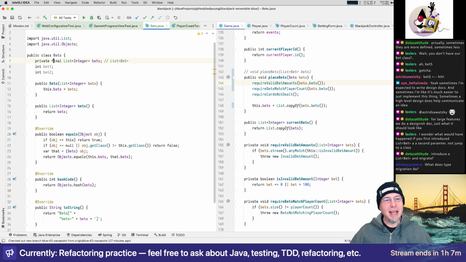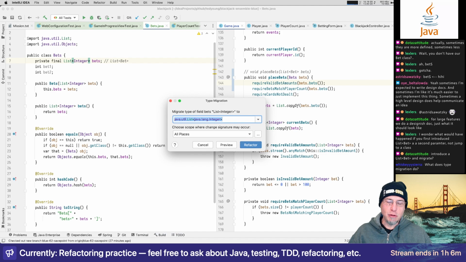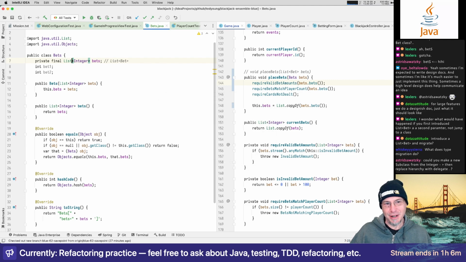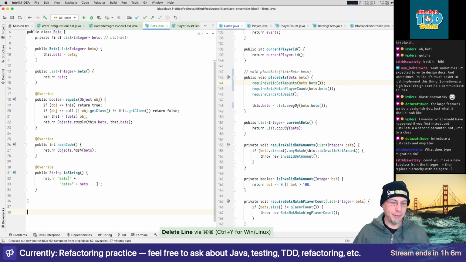Yeah, the type migration, every time I try it, it's like, oh, that doesn't do what I thought it would do. So type migration, whoops. We could introduce bet and see if the migrate works. I remember the reason why I sort of discarded it, but I haven't tried it in a while, so we could try that. So let's create an inner class, or